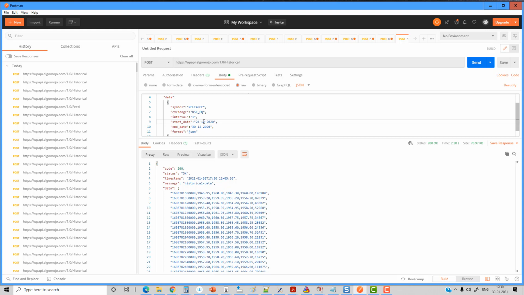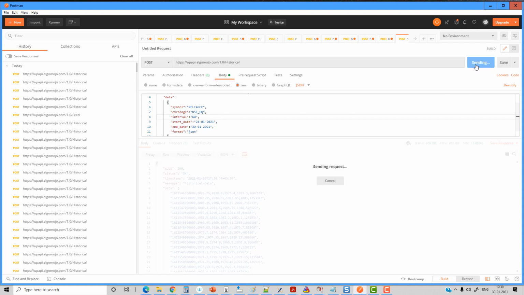Now I'll come back to the recent data set, 24/1/21 to 31/1/2021. Now from here I can get 5 minute data. I can get hourly data. So I can get up to hourly data, something like 60 minute. I'll put type 60. I'll be able to get the 60 minute data.